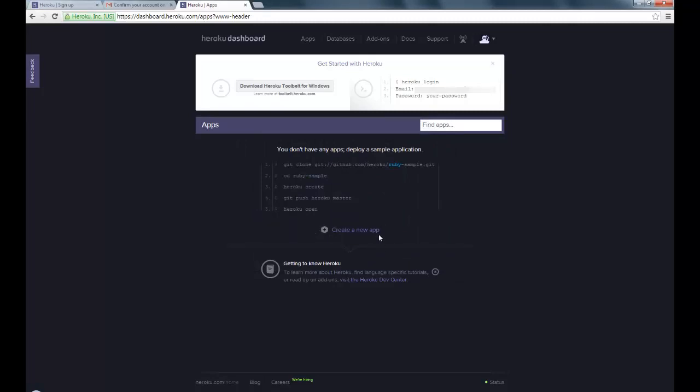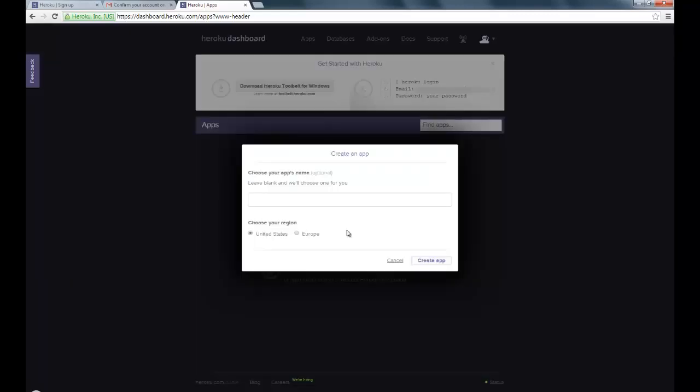To do that, we will simply click on create a new app here. And I'm going to type in the name of my app, which is, as you know, ChatCat. Okay, so it says it will be created as ChatCat. In case the name is not available, in case some other user has already provisioned this app or is using this name, you will get an intimation here and then you can choose some other name. So go ahead and click on create app.